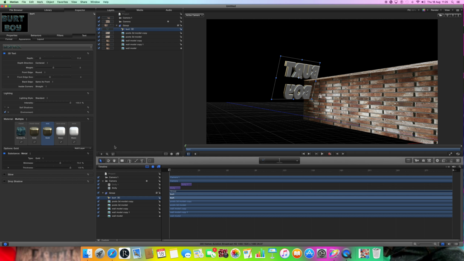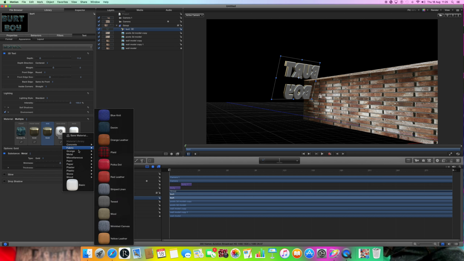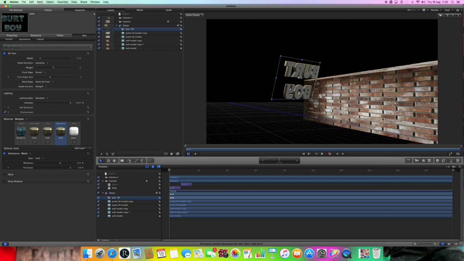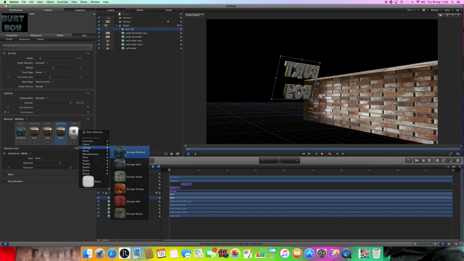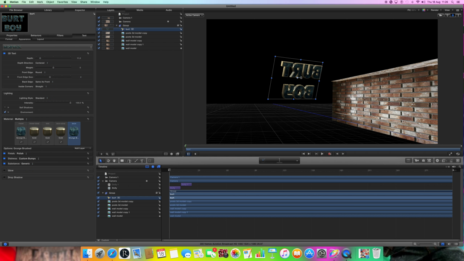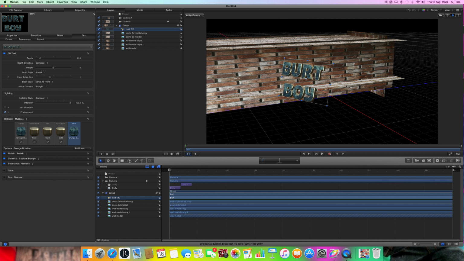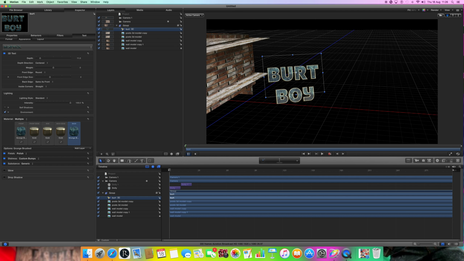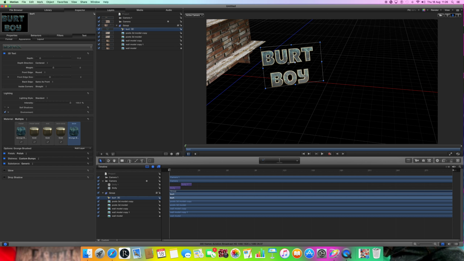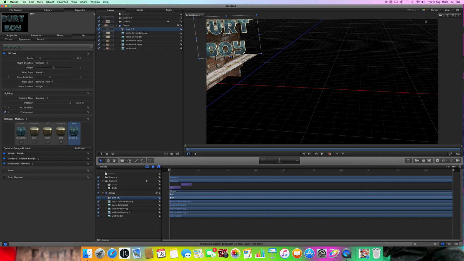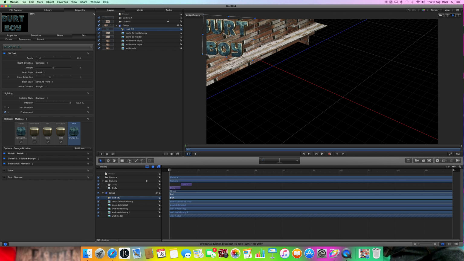Now we're going to do it once again. This is going to be the back edge, just like the front edge was. It's going to be the same kind of thing. You can see that gives it a little bit of an outline. That's quite cool. And then we're going to go back to gradients. So I'm going to choose the blue one just to top off the image. And you can see straight away. Now you can add motions to this logo. But what I prefer to do first is get it into position and where I'm going to want it to be in my